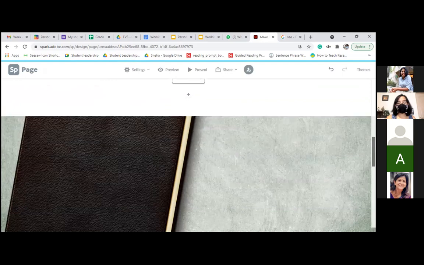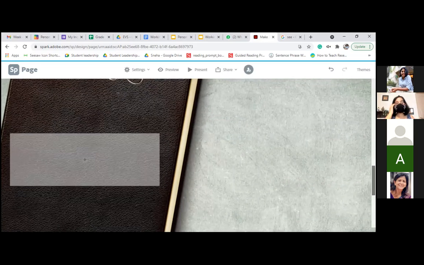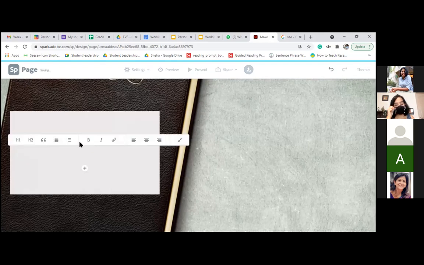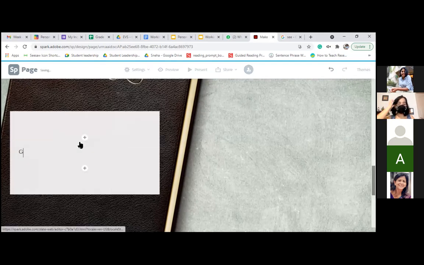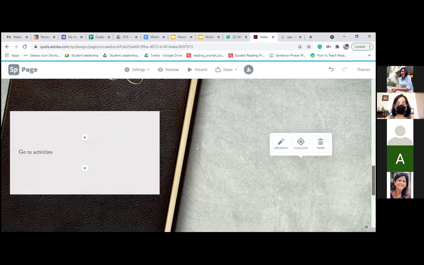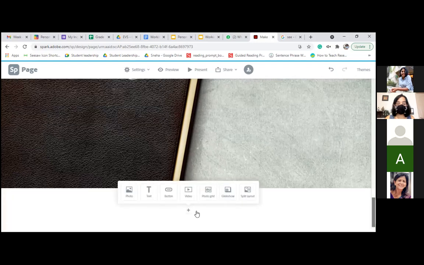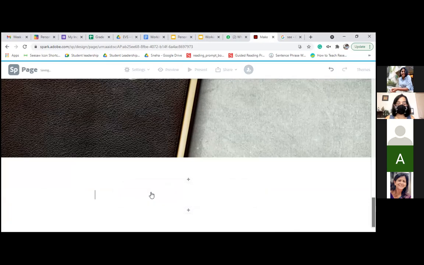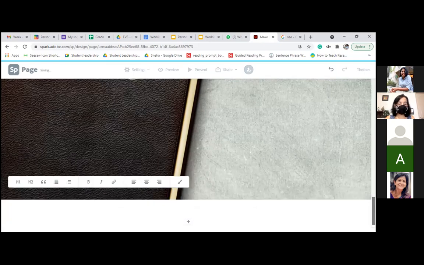Now if you want to use an image and then apply text over here, then you can simply do it over here like this. Let's say go to activities. Okay. And so this is how you edit the entire thing. If I want to end the glide show over here, I will choose this option and maybe enter another text. Okay. This is how you make it.